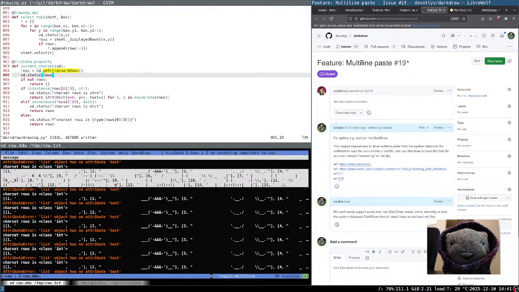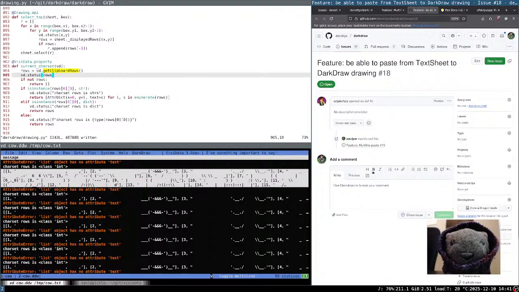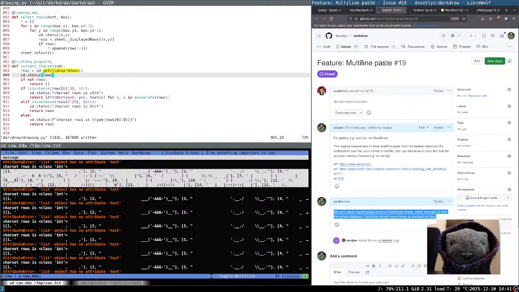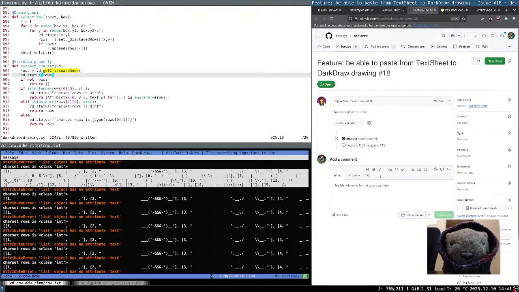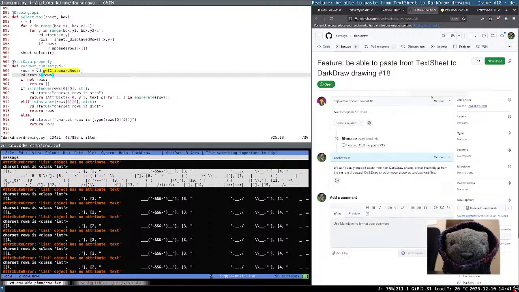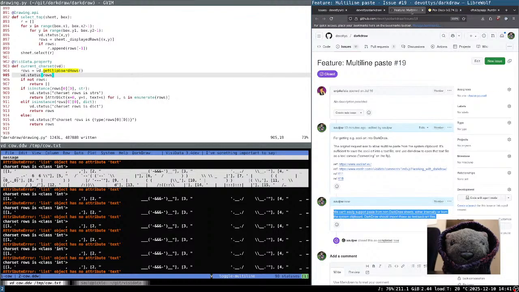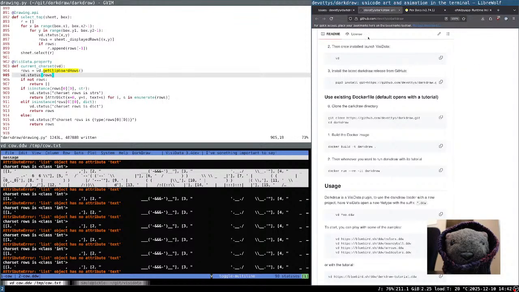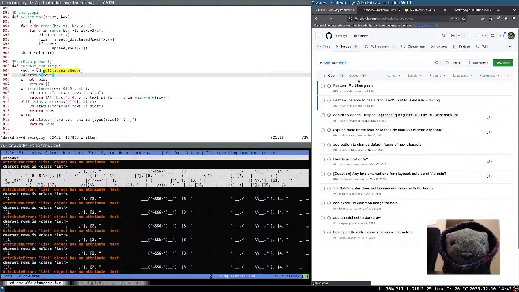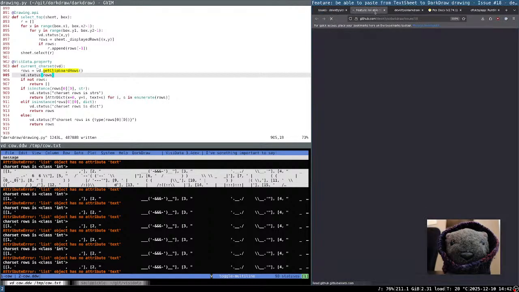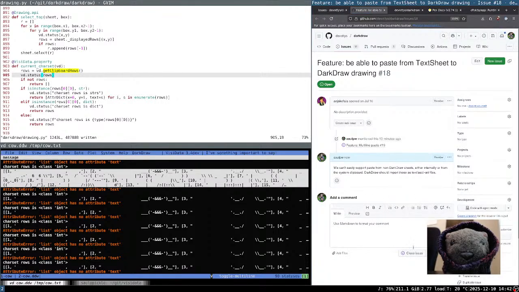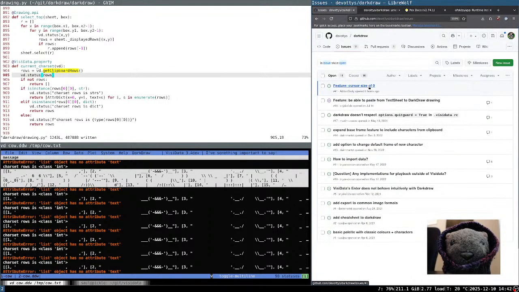Okay, so then that's closed. Paste. I'm going to say the same thing here. Paste from text sheet we can't easily. Great. Line paste, those are out. I close this one. Close. And then yes,